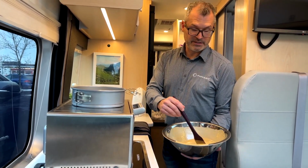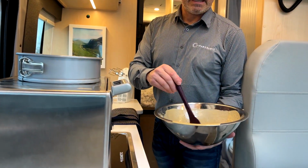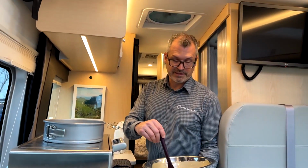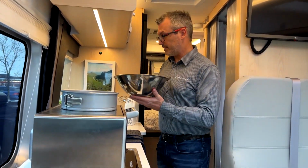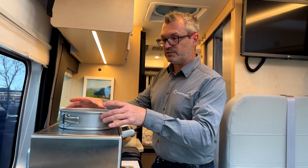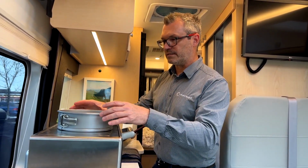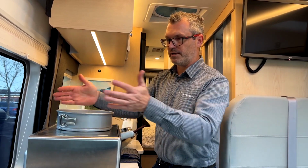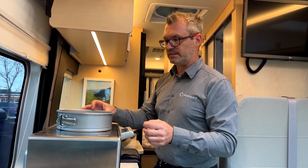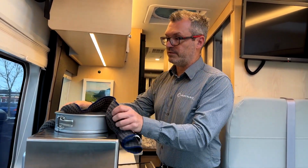So now I have finished mixing the dry ingredients with the liquid ingredients. I've mixed all of them well together, and now I've poured half of the mixture in this mold, or I'm not sure exactly of the word for this, but I'm going to be able to remove the sides once it's done. And now I'm going to put that in the Breville oven,